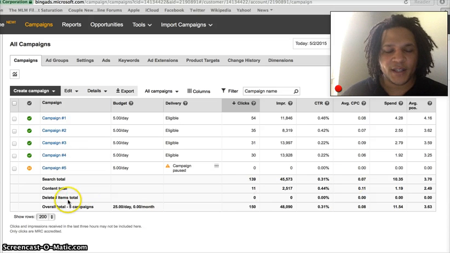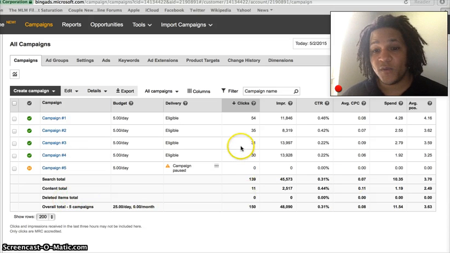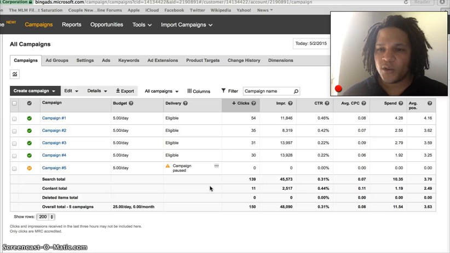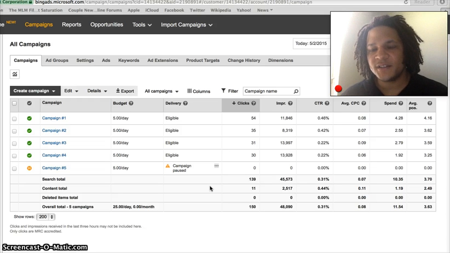And you know, at the end of this campaign, so far we have 150 clicks through 48,000 impressions, an average click-through ratio of 31%, average cost per click of 8 cents. I spent $11.54, and my average position was 3.83, right, for 150 clicks. And I'll tell you right now, I've got over 70 leads today. 70 for $11, right? And with these networks, what I want you guys to understand is I can pick my